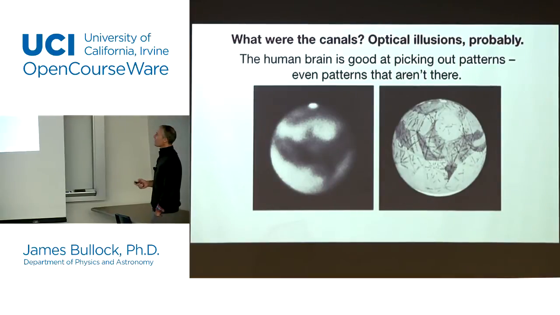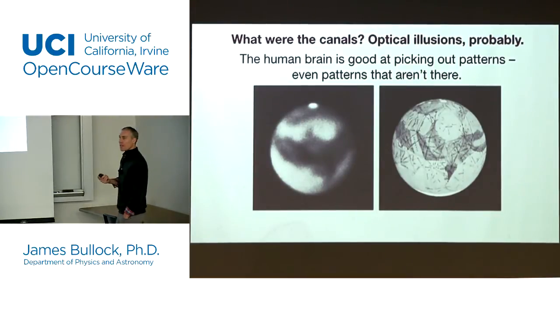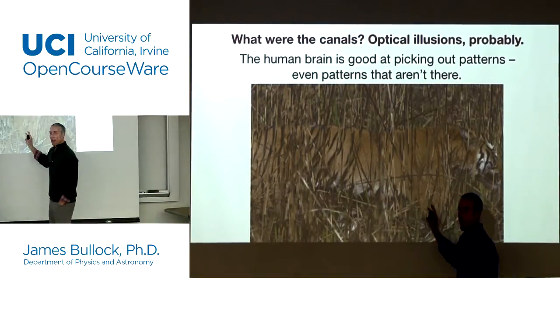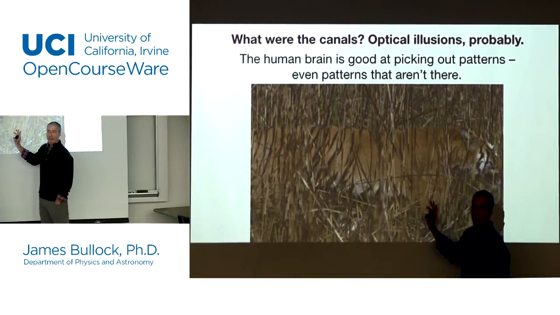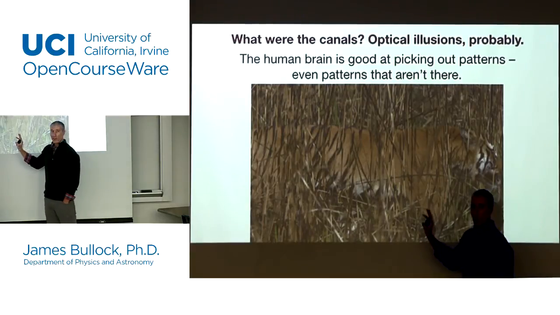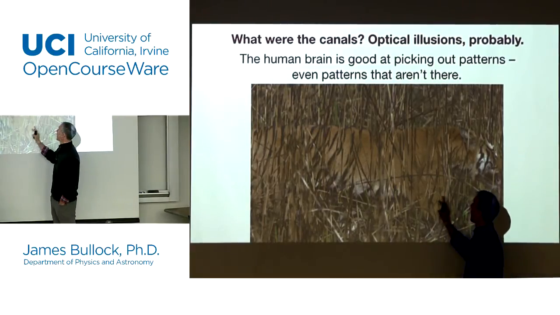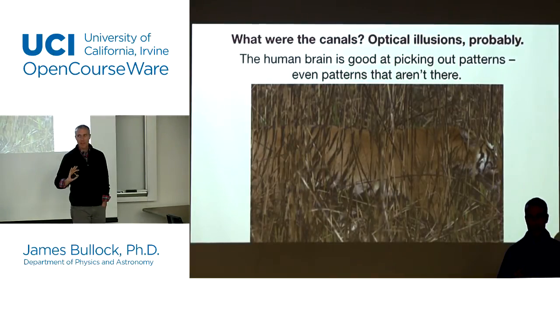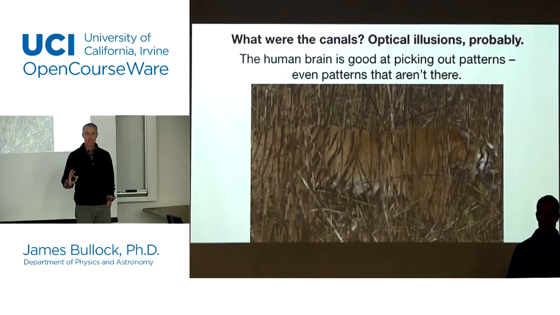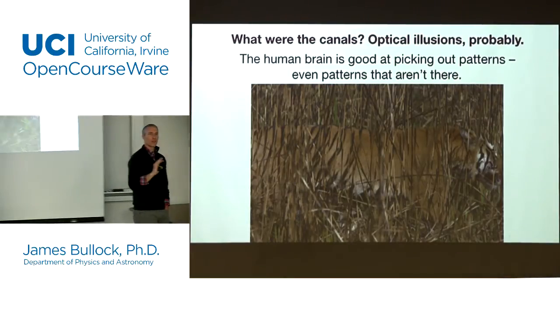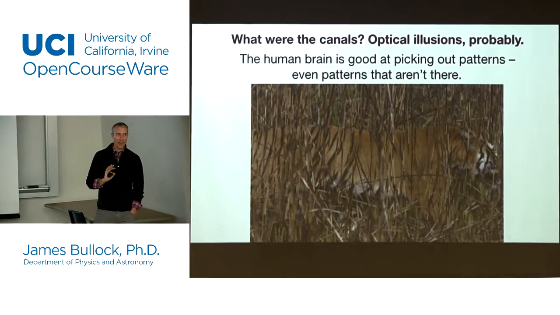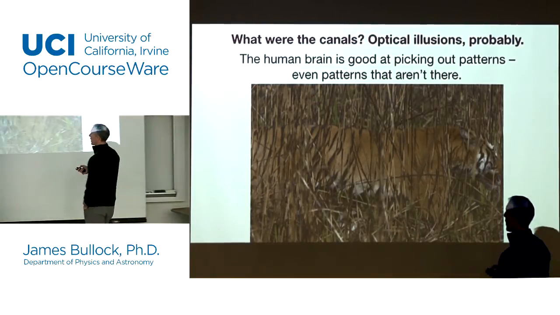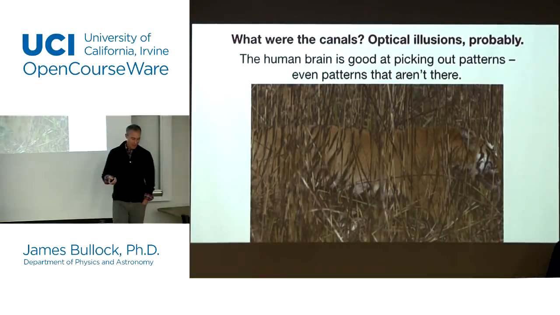Yeah. But the thing to keep in mind is that humans are really good at picking out patterns right when they're not there. And that kind of makes sense, right? I mean, we can all see the tiger there, right? We all see that tiger. Now, it could be that there's no tiger there and the grass is just situated in a funny way. But it's better to think you see a tiger and it's not being a tiger than to not see the tiger and then have the tiger eat you, right? So it's a little better to have evolved the ability to see things that aren't there than the other way around, right? And so it could be that it's sort of that general characteristic that's the case.